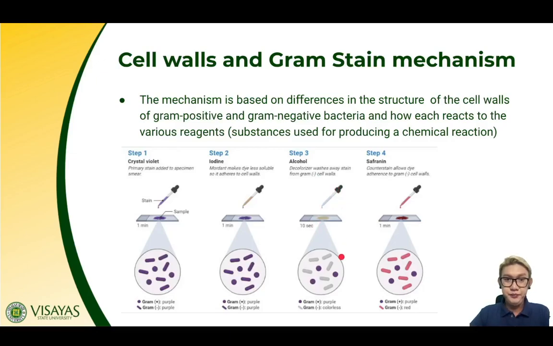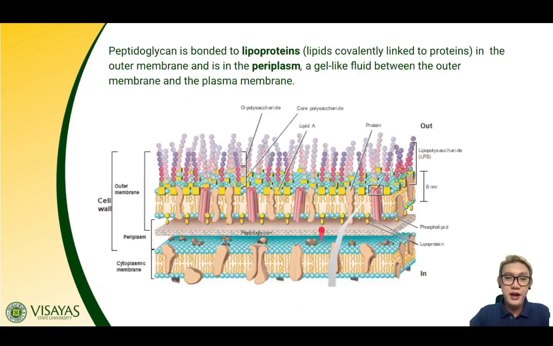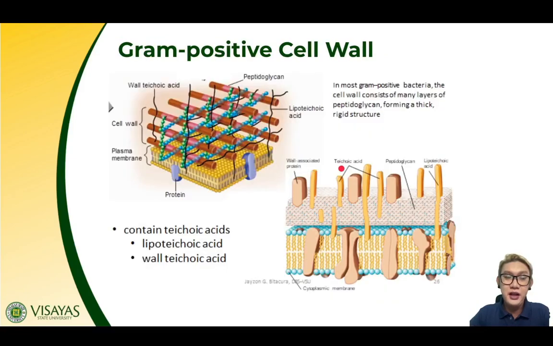So the decolorizer, the alcohol, will degrade the outer membrane of the gram-negative bacteria. Now, if crystal violet and iodine have already formed a lattice around here and they cannot be washed out because of the thin layer of the peptidoglycan layer, when the decolorizer is applied, it will degrade the outer membrane and some of the peptidoglycan layer so that the crystal violet and the iodine are also washed out. While in gram-positive bacteria, it will not be washed out because there is a thick layer of